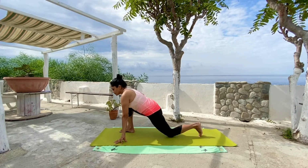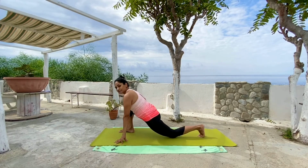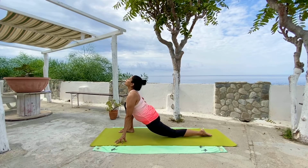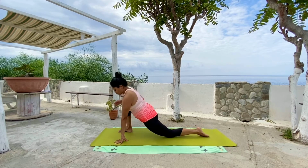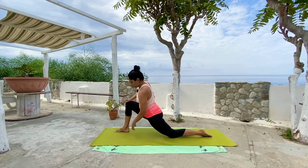Now an easy way of doing that is, if you're here, think of moving your knee and your foot as far back as your body allows you to, and then hold this position. Now in this position, your front knee should ideally be at a 90-degree angle, but there are many people who